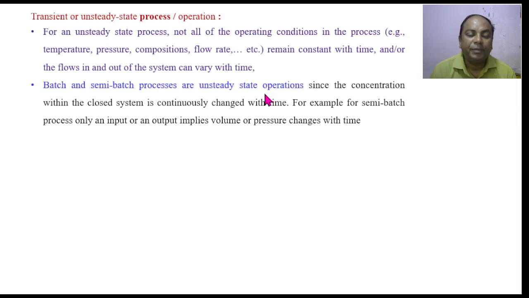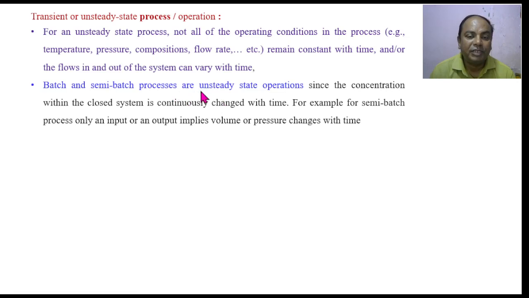and it remains in the system for some residence period. During that period, chemical or physical change takes place, and once this has been completed, we take all the product out at a time. So during its stay in the system, these variables change. In order to suit the condition, variables have to change in order to complete that process,